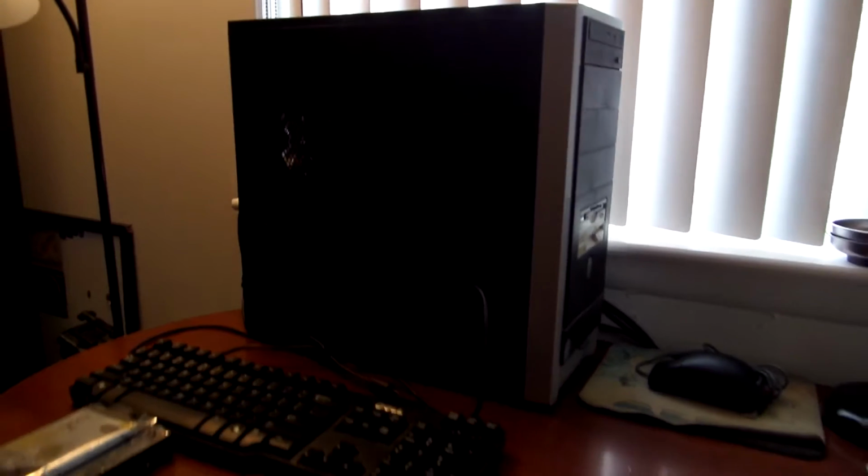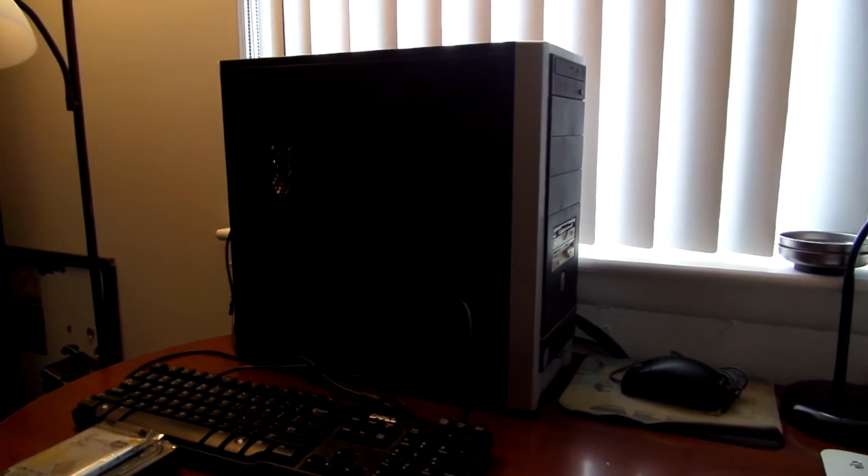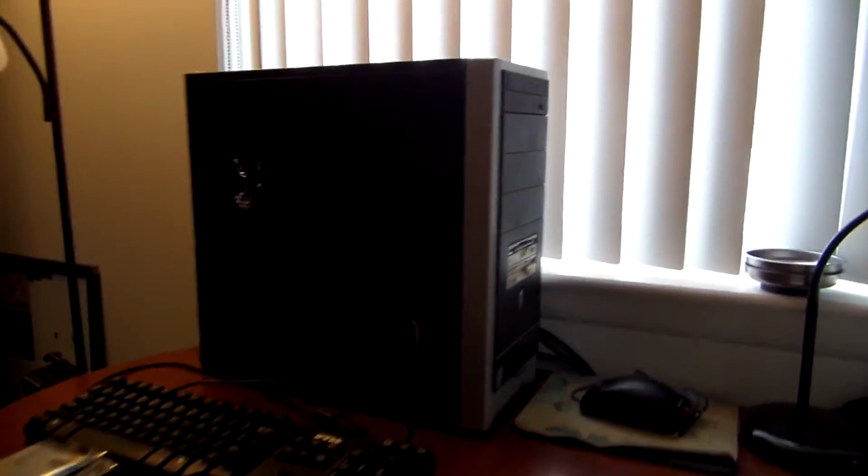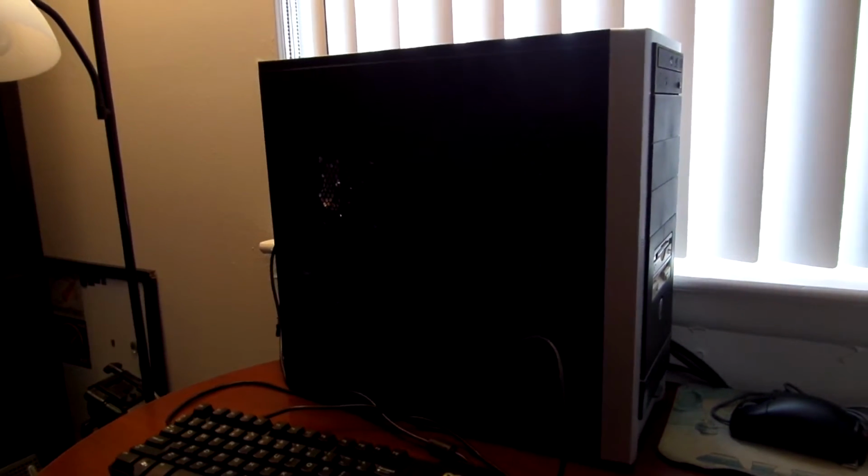So, the guts of the mean green purple machine are now in here, which I'm simply calling the Windows XP gaming rig. This is a really cheap case. It's the one that my grandmother's computer was in. Super cheap. Oh my god, is it cheap. But once you get some real components in it, it actually starts to get a little more rigid, and it's